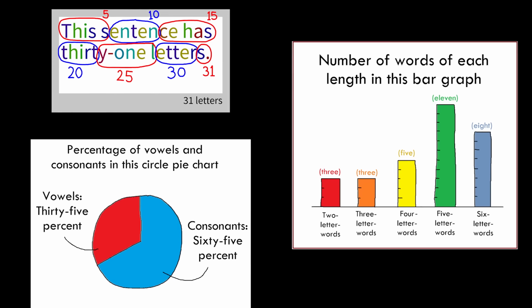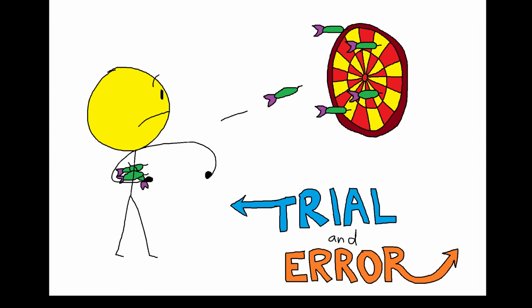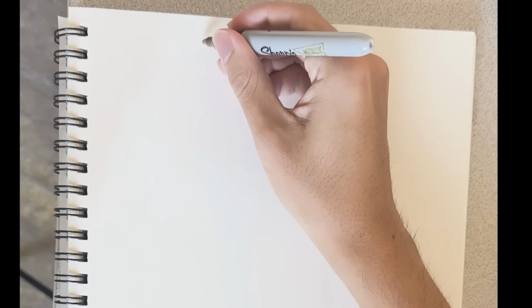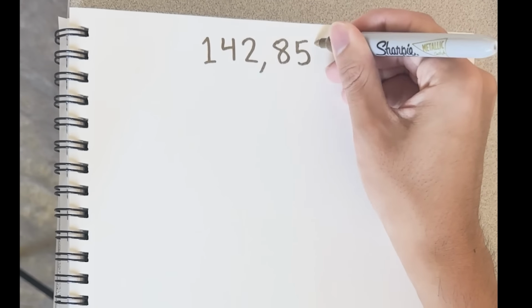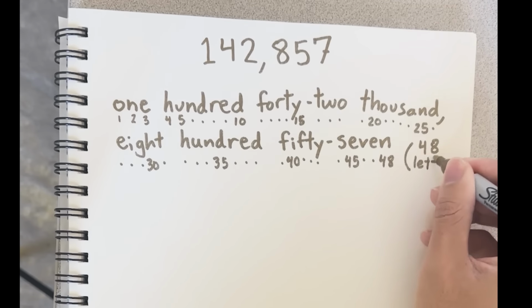You might be curious, how does one make charts like these? And to be honest, it's just trial and error. You know that game we'd play in school where you pick any random number like 142,857, write it out in English words and count the letters, in this case 48, and repeat the process with